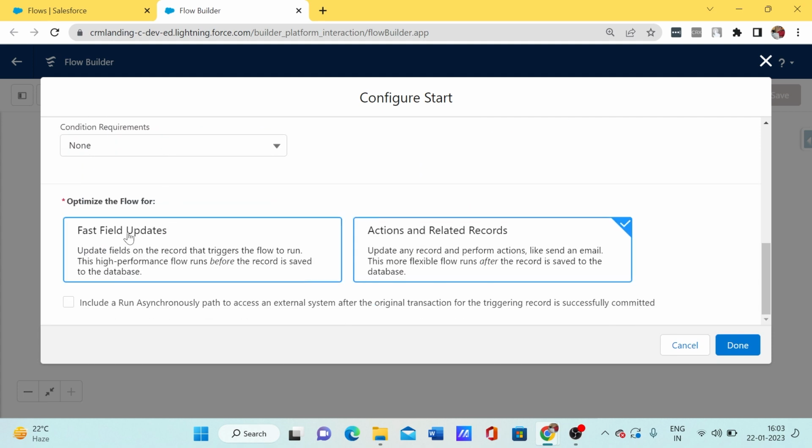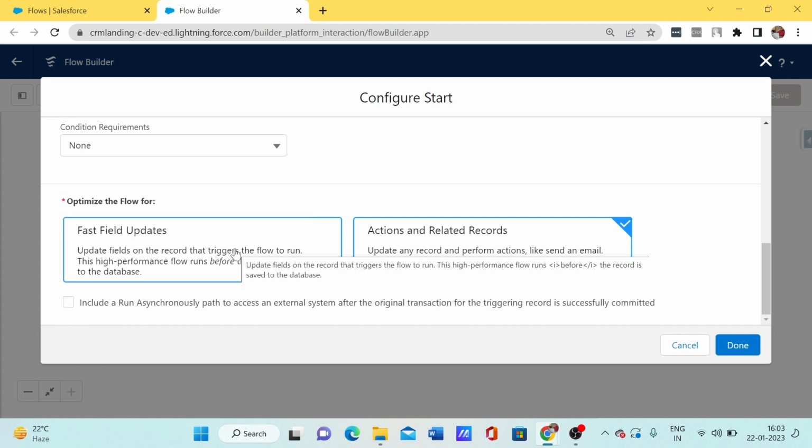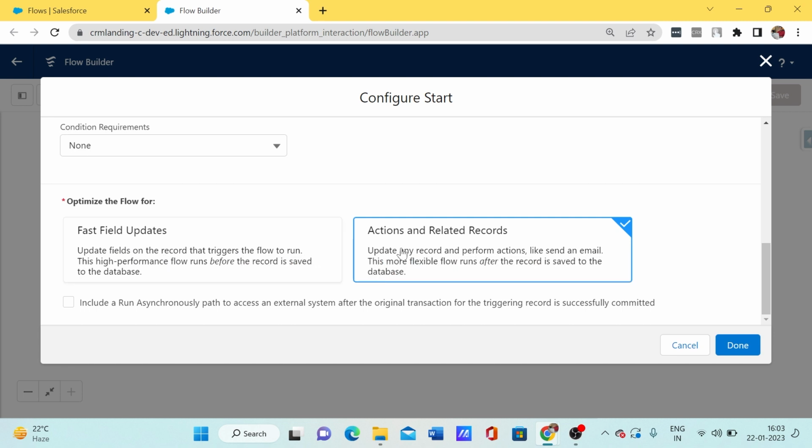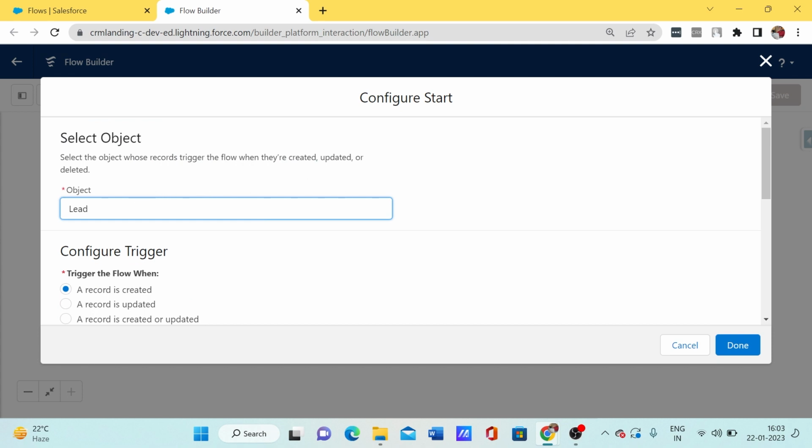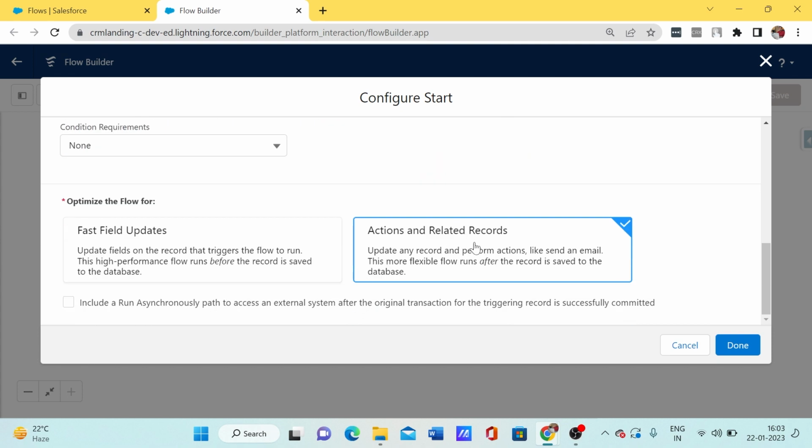Here we have two options: fast field updates and actions and related records. Fast field update is something where we want to perform some action on the same object, like before insert in a trigger. Similar functionality will be in fast field update. Another one is actions and related records. Suppose you want to perform some action on another object. Right now we are running on lead, but we want to perform some action on another object. In that case we can go ahead with this option. But for now I want to update the same values, so let me select this one,